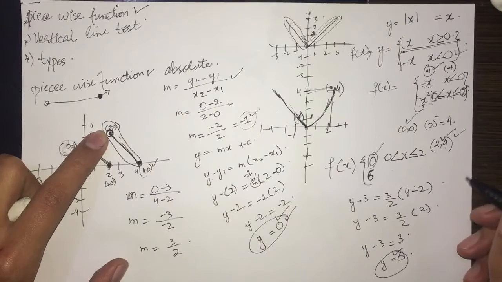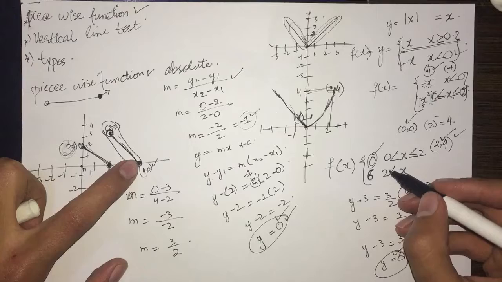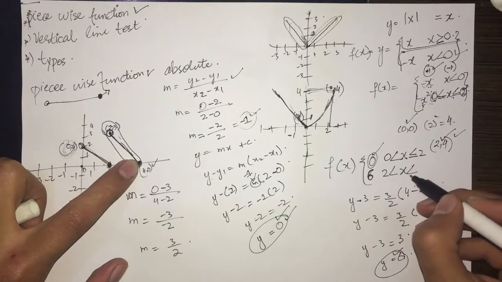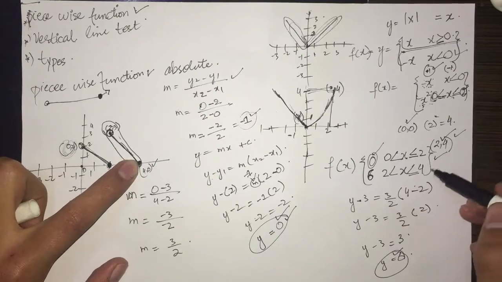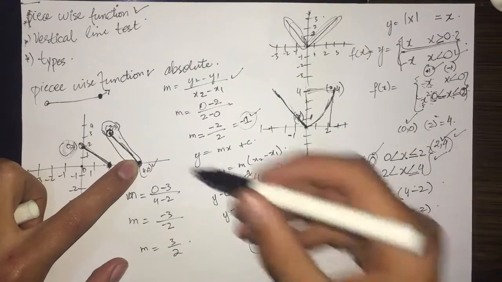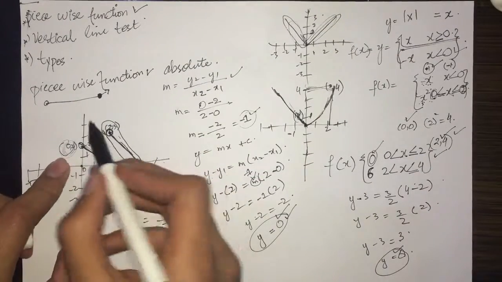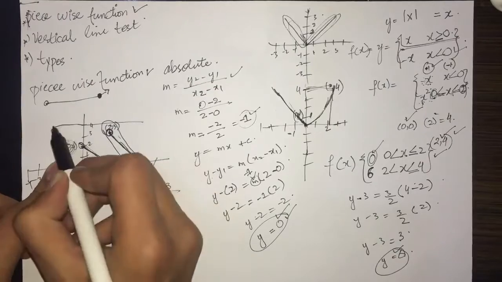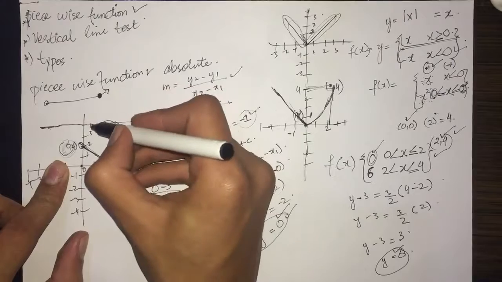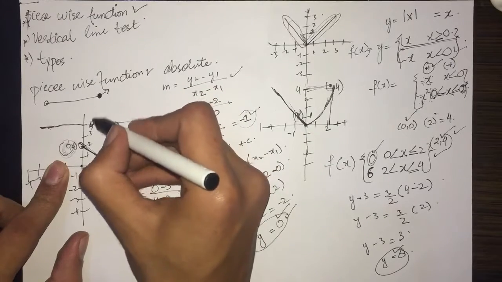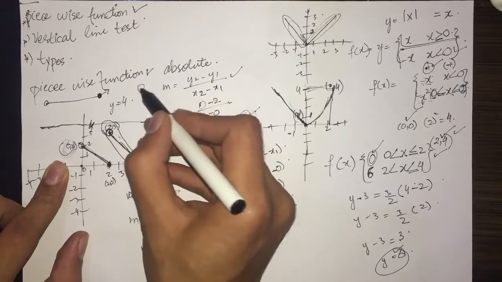So here 2 is not included, so x is greater than 2, and 4 is included, so it's less than or equal to 4. So this was how you graph a piecewise function. You first find the slope of the line. For example, if a line is horizontal, we already know that y equals 4 because the intercept of y is 4. So y is going to be 4, and its slope is going to be 0